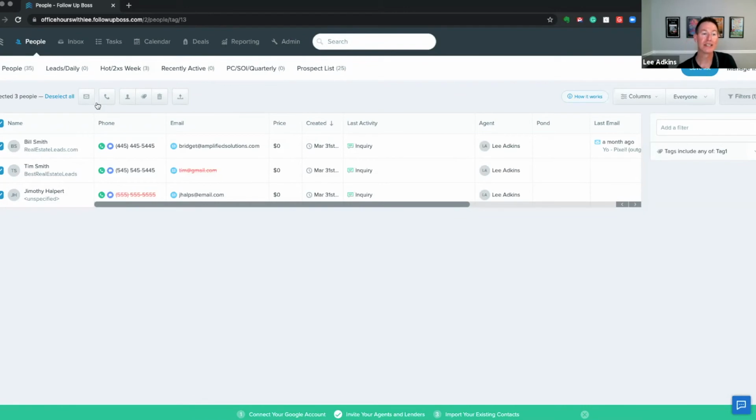But you could then send that as an email to them, or you could put them on a call list and call each of them back to back, or you could reach out to them one by one. So tags to me are really, really powerful. And I don't see a reason to limit tags to say, oh, we only need to have a couple of tags. I like having them.